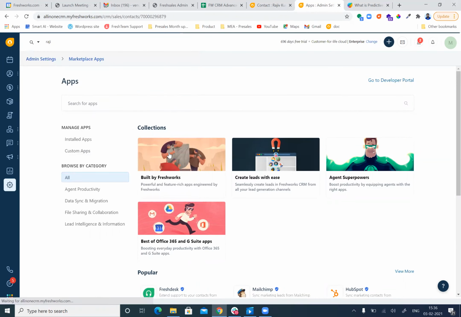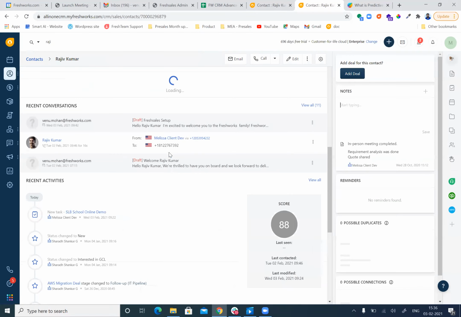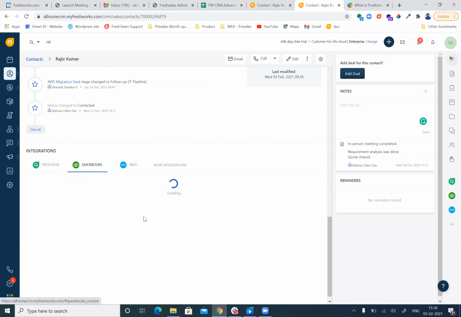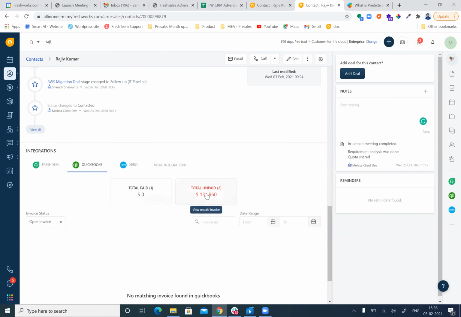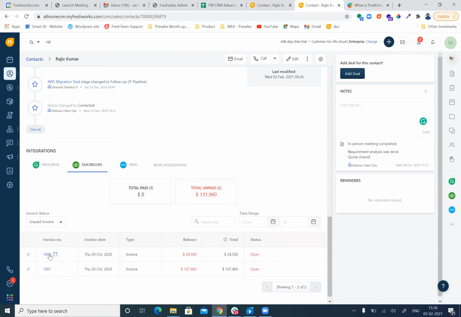Once you integrate with the accounting tool, you would be able to see the payment-related information: what is the total payment, the unpaid payment from the customer, the invoice details, and what is the total amount they have paid so far.